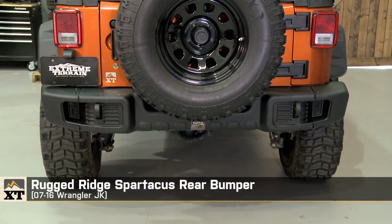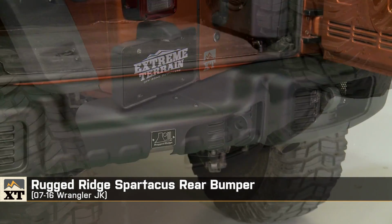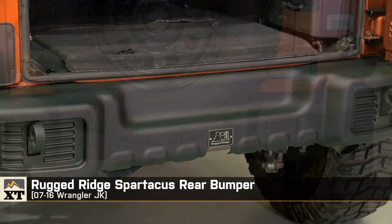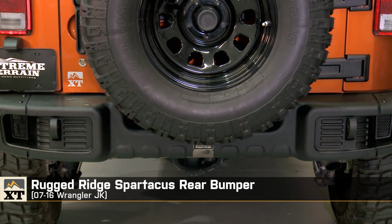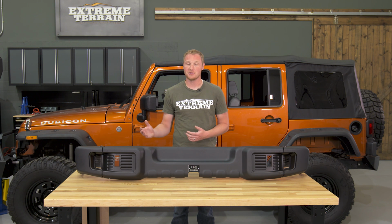I'm Ryan from ExtremeTerrain.com, and this is my review and installation of the Rugged Ridge Spartacus rear bumper fitting all 2007 to 2016 JKs. Today we're going to talk about the construction, some of the features, and of course the installation of this bumper. This bumper is a little bit of a unique offering from Rugged Ridge because this is